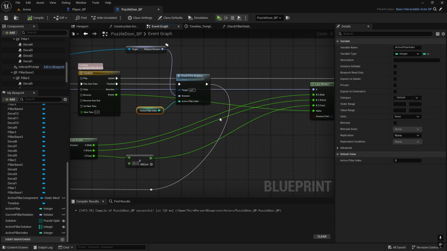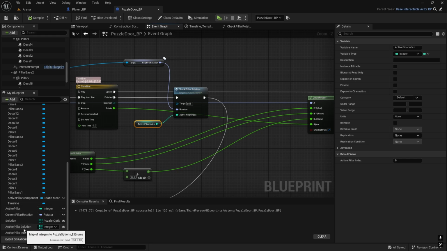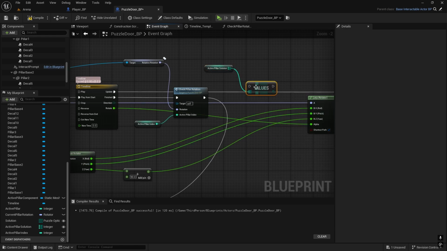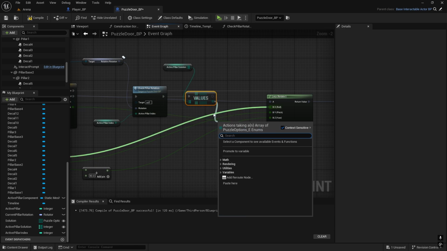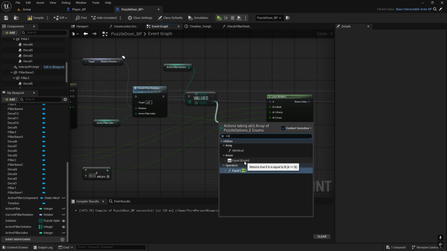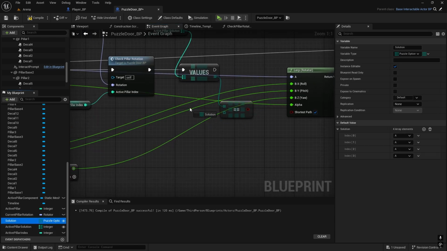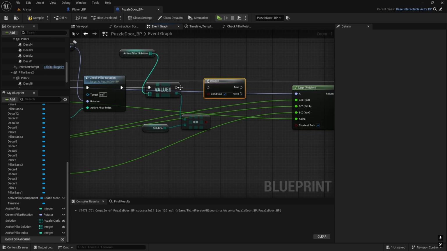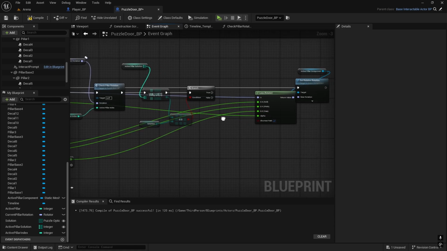So what we can do is get this solution, and we need to get values, which is the ABCD, and we can just check is the values equals, not that equal, I think it's identical actually, checks if two arrays are member wise identical. So do identical, and we will do solution. Move this back and branch. If it is identical, we're going to